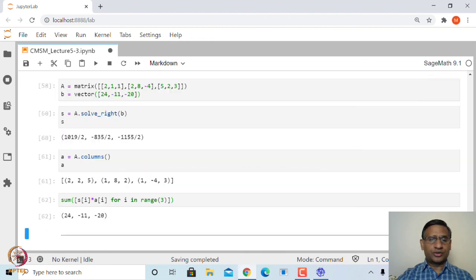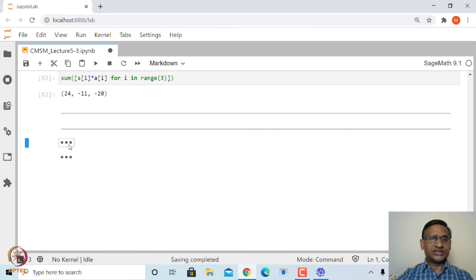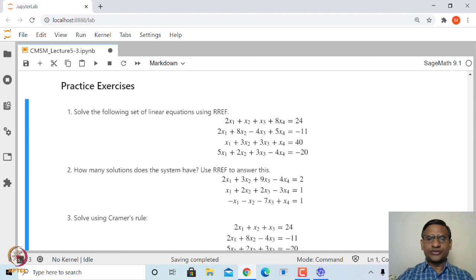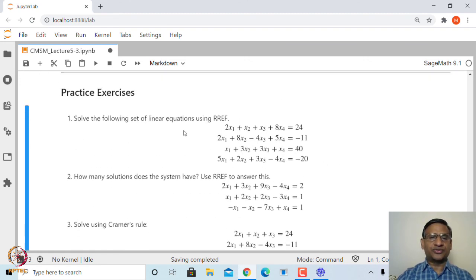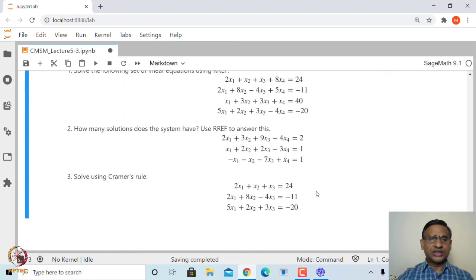Okay. So, let me leave you with a few exercises. These are again simple exercises to explore this RREF. Look at this system of linear equations, solve it using RREF, and look at this other system of linear equations, check how many solutions it has. And the last one, you must have also solved systems of linear equations using Cramer's rule. So, try to see how we can solve this system using Cramer's rule. In this case, you need to learn how to replace a particular column of A by this vector B. That is the only thing needed, but I am sure you should be able to figure it out. Okay.